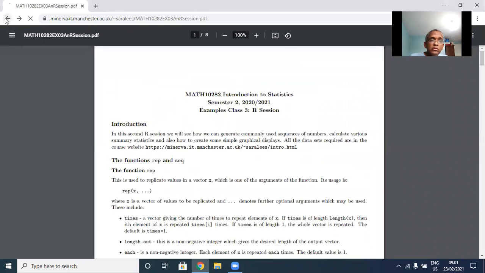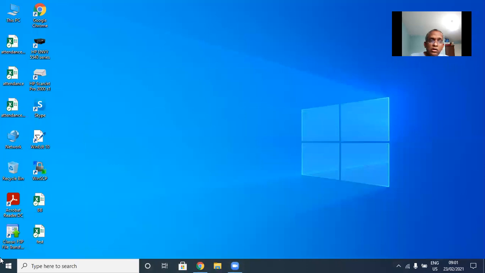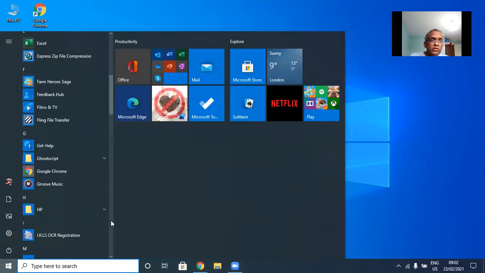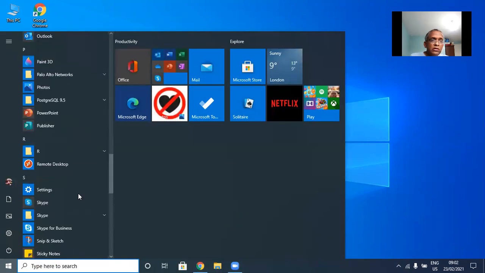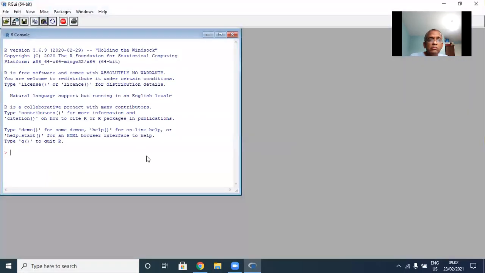Let me close this. The first thing I need to do is to open R. So you go into the start menu, and then you go down and choose R, choose the 64 version. It will come up with this window. So in this tutorial, the first thing I'm going to talk about is